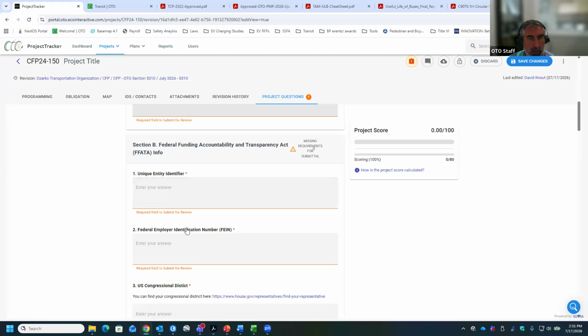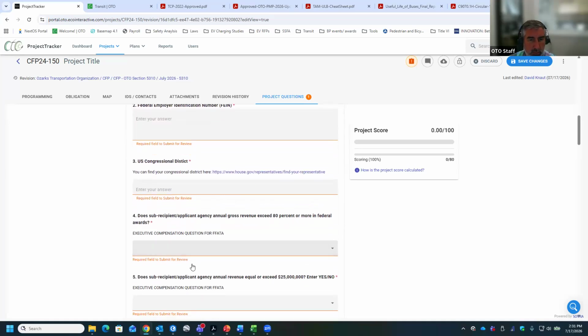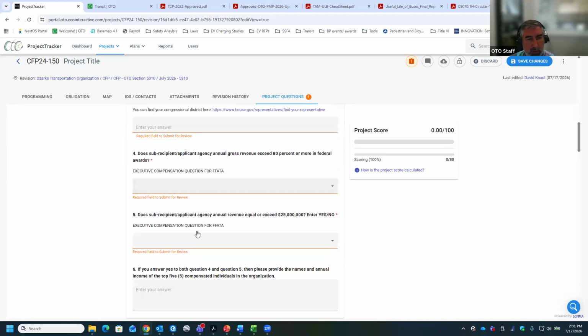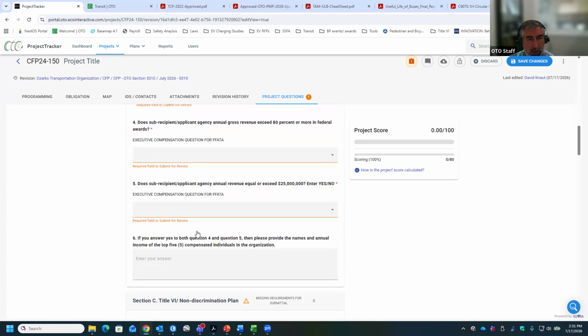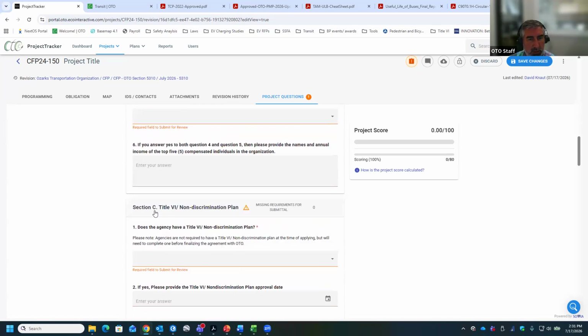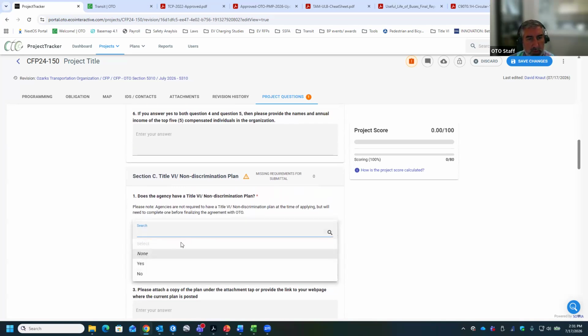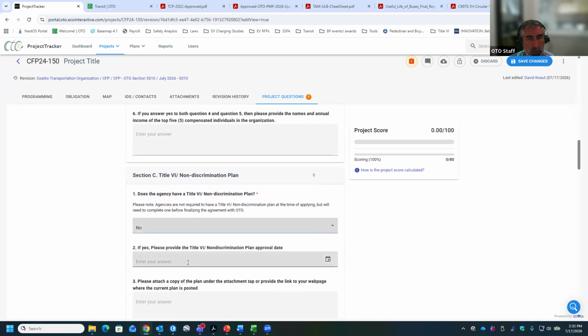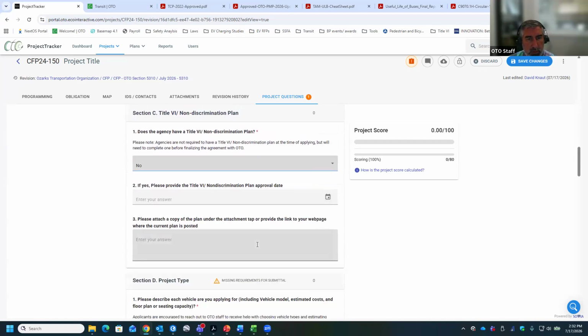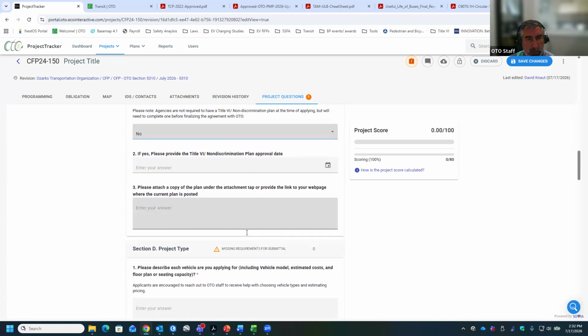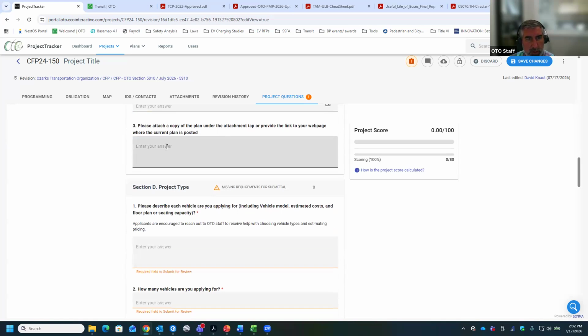We need the UEI, federal employer ID, and then it asks two questions, which are mostly no for nonprofits especially, but we have to ask those questions, and then an explanation. Section C is Title VI. So if you don't have a Title VI plan, you can just say no and skip that. And if you have a plan, you can just write in that you attached a copy or provide a link.